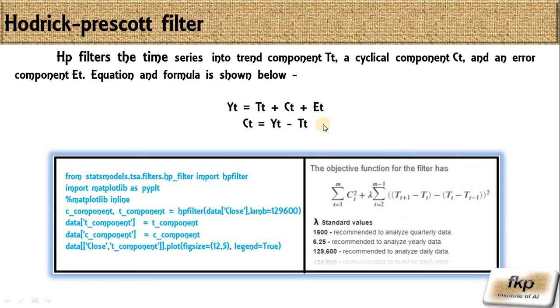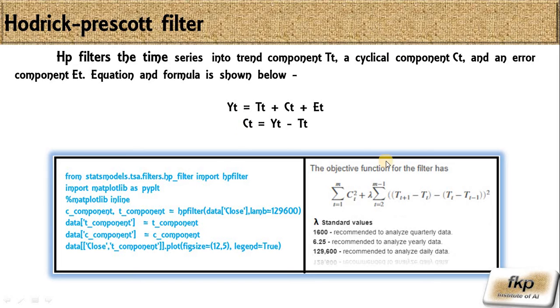So from the whole time series, if I subtract the trend, if I remove the trend out of it, what remains in the time series? Only the cyclic component and some random noise, right? So people often get confused with the cyclic component. When I use cyclic in explaining the Hodrick-Prescott filter, think that it has all the components except trend.